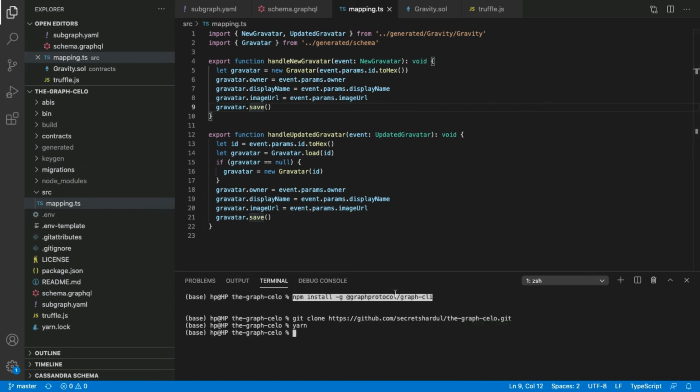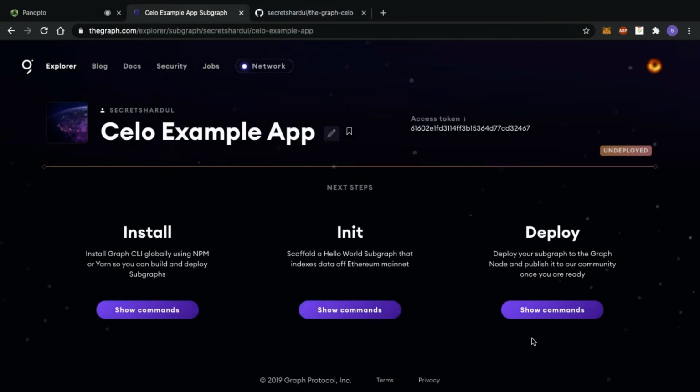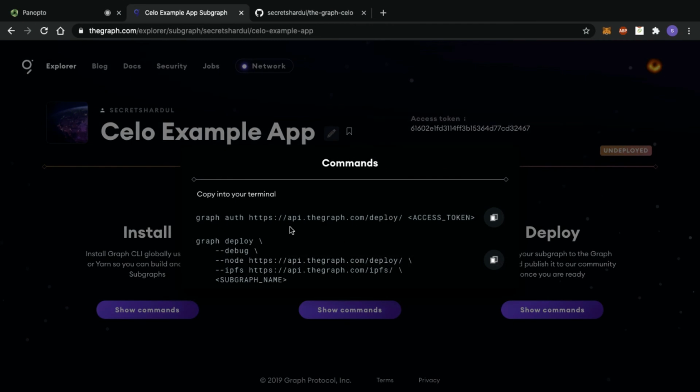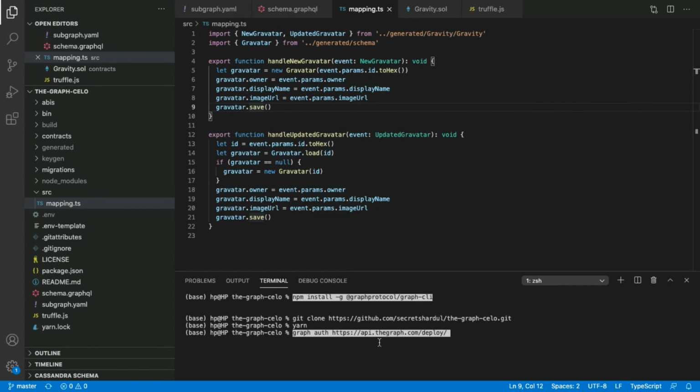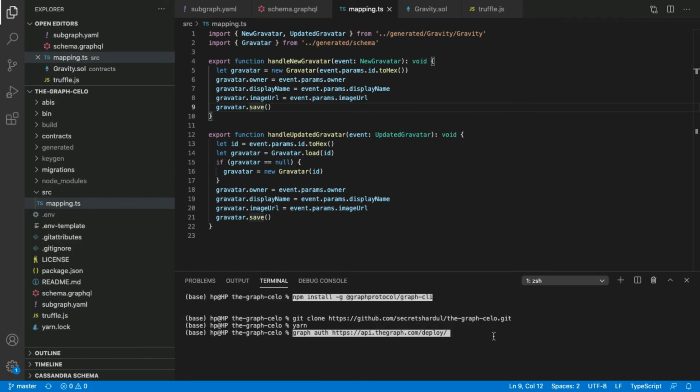So to deploy it, you need to do one simple task, that is run the deploy command. Graph auth. The first thing, we need to authenticate using our access token. Graph auth deploy, and copy paste your access token from here.